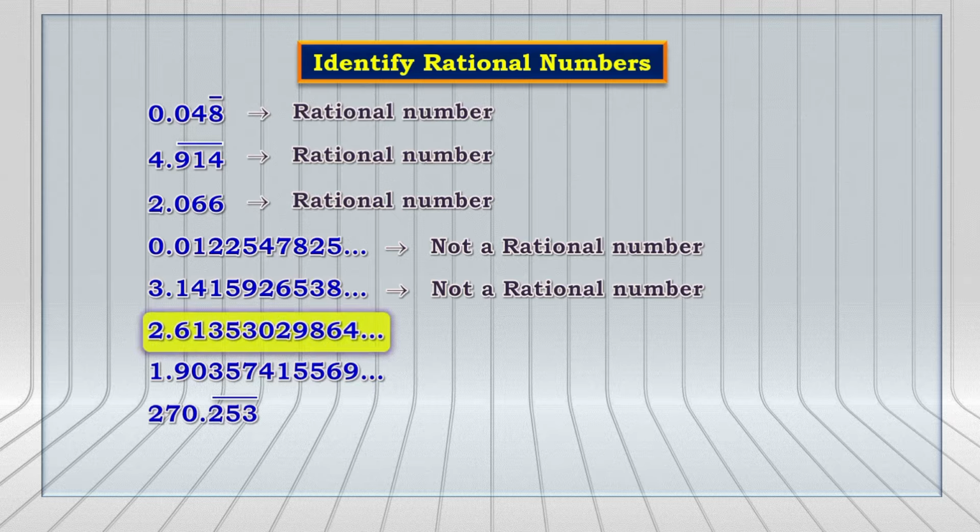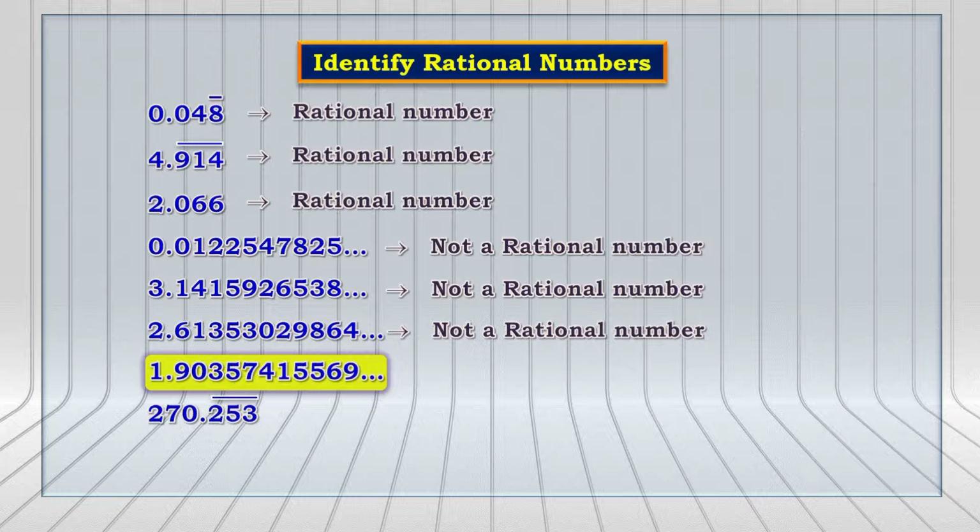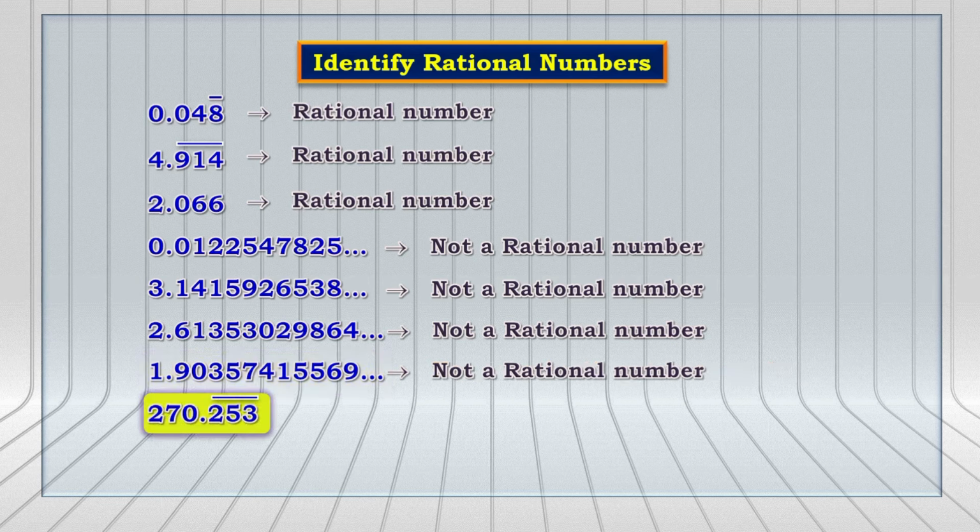Now let's take a look at the next one. 2.6135302986 dot dot dot. Here also it is non-terminating and non-recurring, so it is not a rational number. Next, 1.903574155569 dot dot dot. This is also non-terminating and non-recurring, so it is also not a rational number. Now next one,